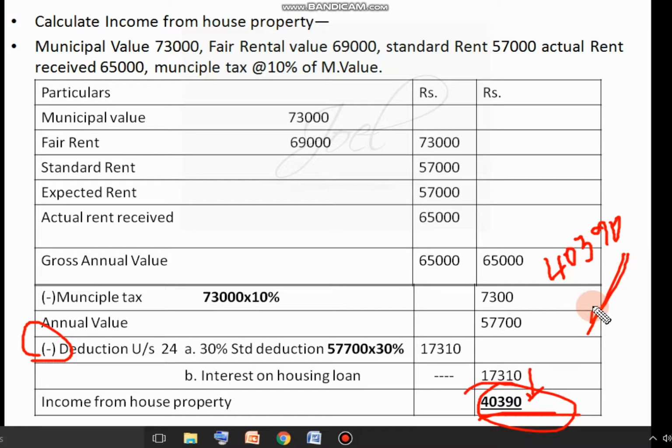If there were more than one house property, we would go on adding this amount. After the first house property, we write the second house property and solve it in the same way. This is what you have to remember. So this is the procedure. Here no separate working notes will be given to you. So pause the video, see here, write the problem and write down the solution. We'll work out some more problems in upcoming classes. Thank you.